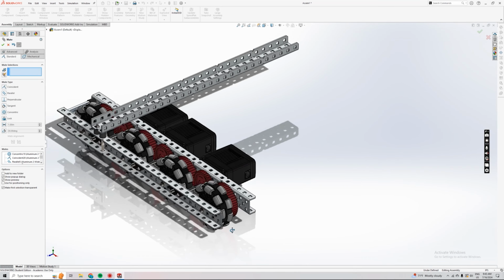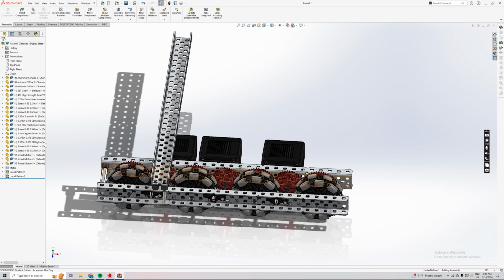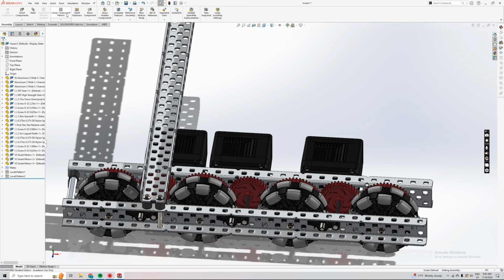Alright, and there we have it. We've got our motors in there. Now the next thing we need to do is our cross brace and the standoff on that side. That's the last 2 things we're missing. So we'll start with